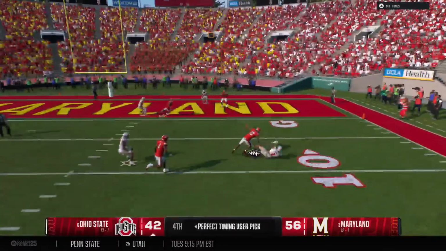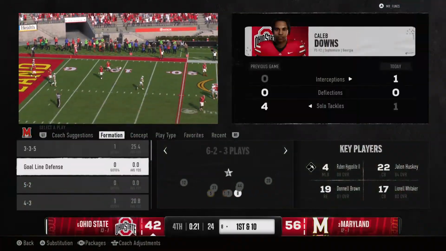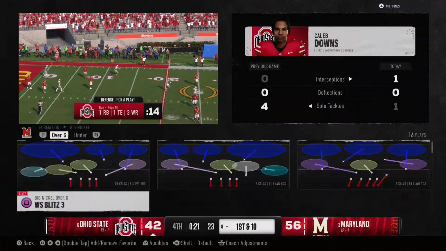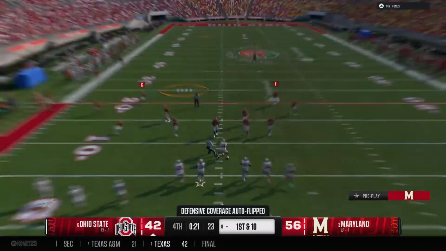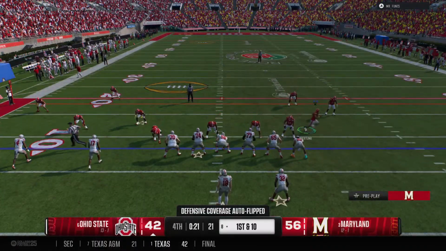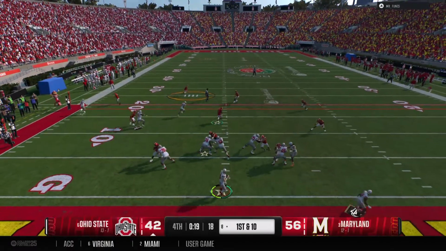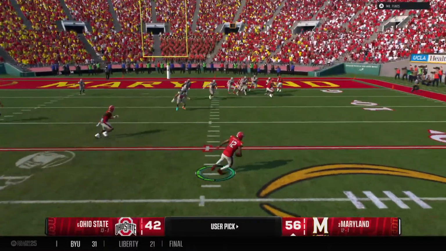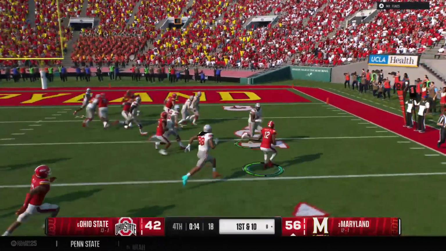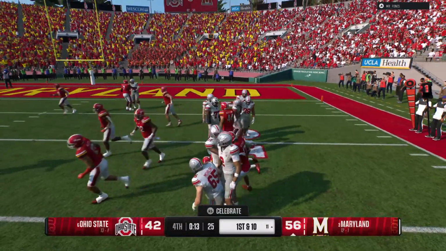And he's hit just before the throw. And that is interception number 5 as the nightmare performance continues. Okay, here comes the Ohio State offense back on the field. The last possession ended in an interception. Let's see if they continue to trust this quarterback in the passing game. And the pass is intercepted. A takeaway for the defense. And that's a solid return after the interception.